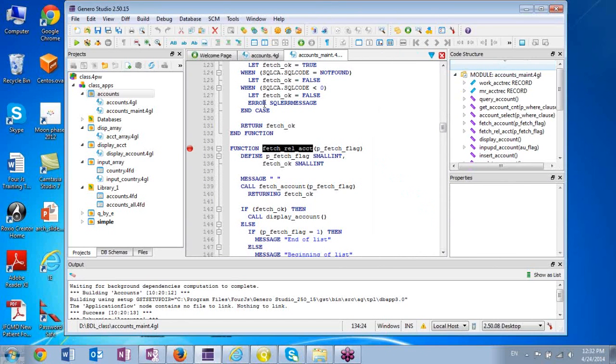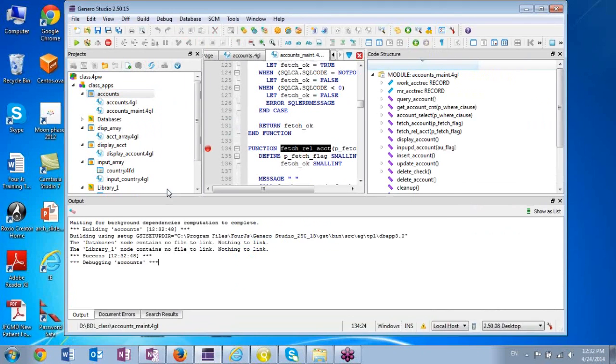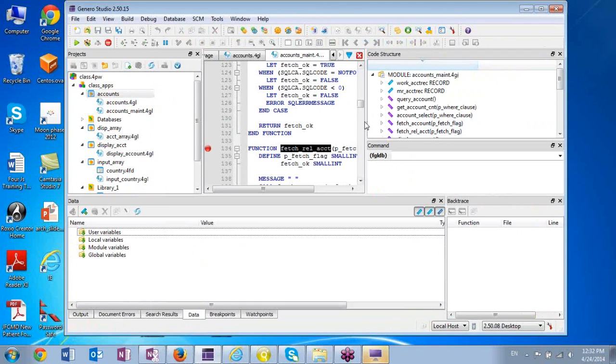All right, so let's say that's enough breakpoints for me to get started. So I'm ready to do some debugging. So I'm just going to right-click on the application, and this time instead of selecting Execute, I'm going to select Debug to get my debug session started. Now when I select that debug option,